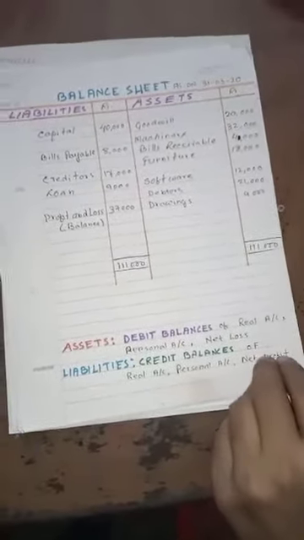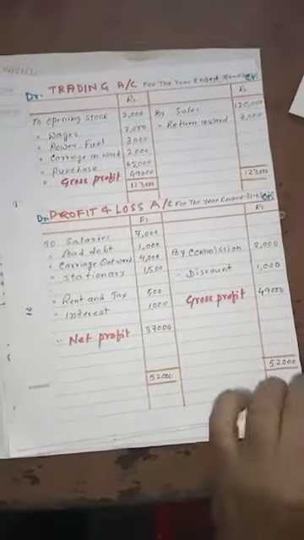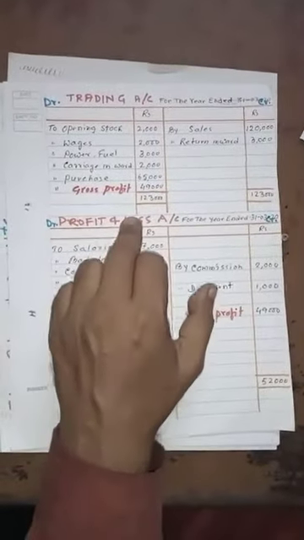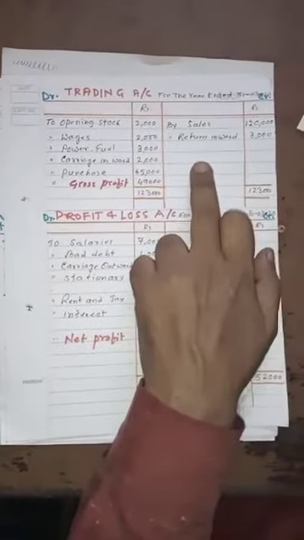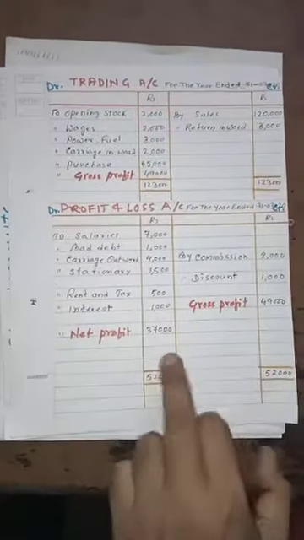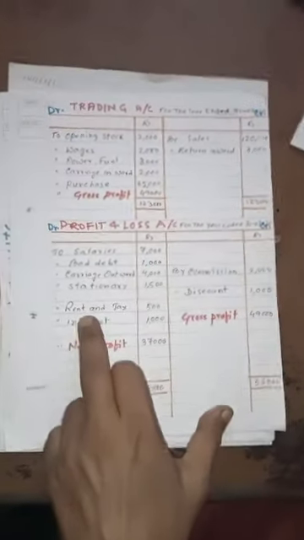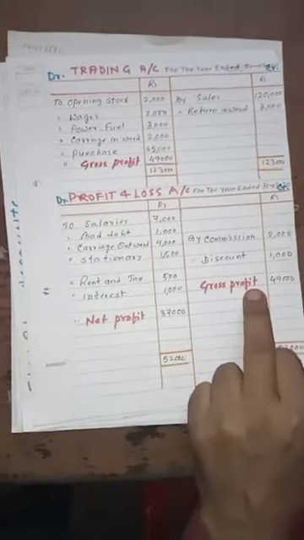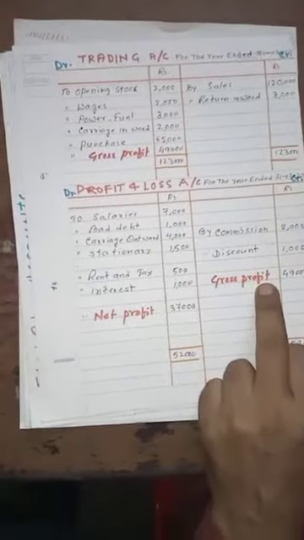Clear? From the trial balance, the nominal accounts which are marked with T, we are recording in the trading account. Debit balances will go to the debit side and credit balances will go to the credit side. Clear? The nominal accounts which are not marked with T, or the rest of the nominal accounts, are recorded in the profit and loss account. Debit balance from the trial balance is recorded in the debit side, credit balance from the trial balance is recorded in the credit side. Rules of recording nominal accounts in the trading and profit and loss account we have discussed earlier,